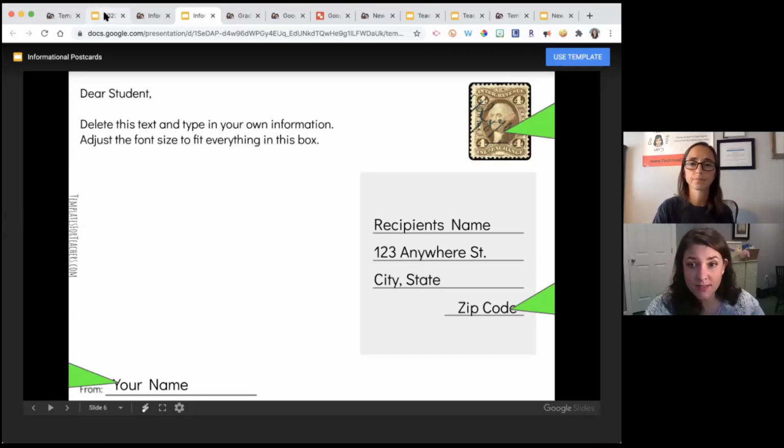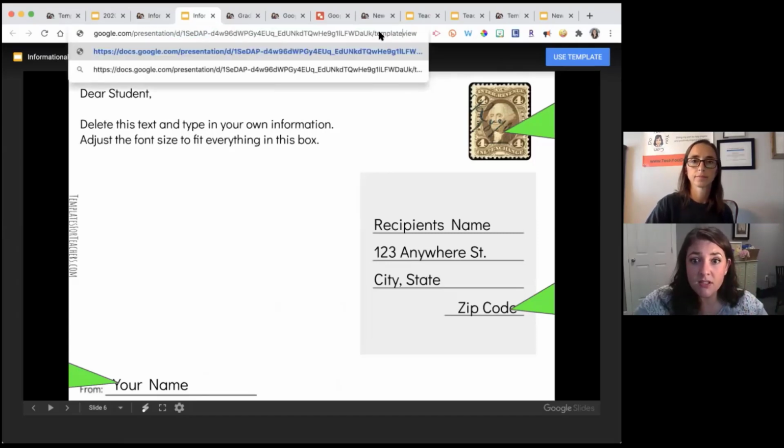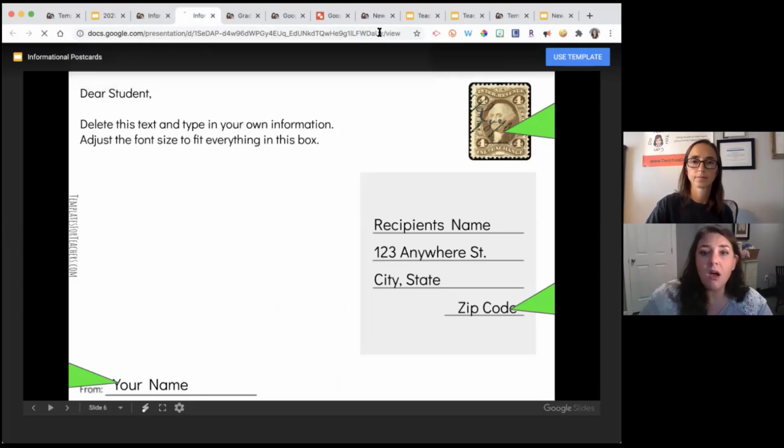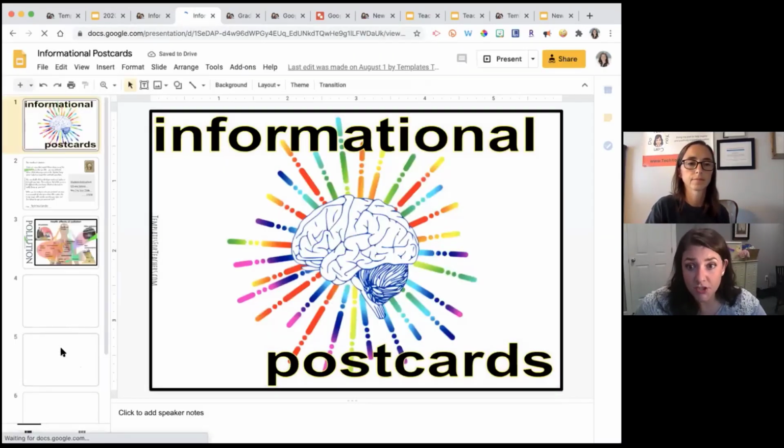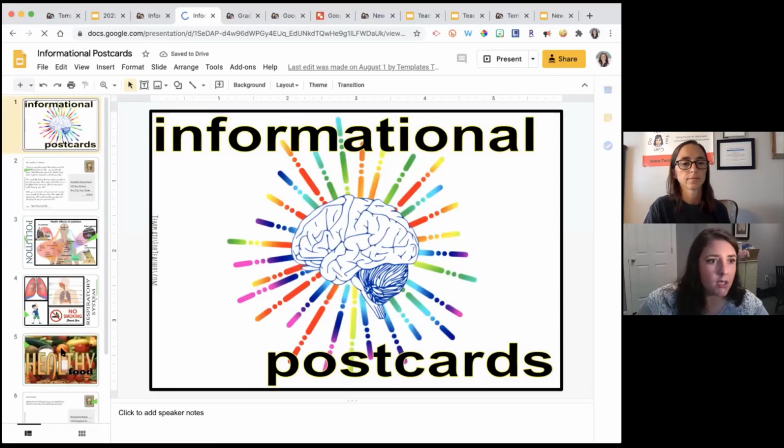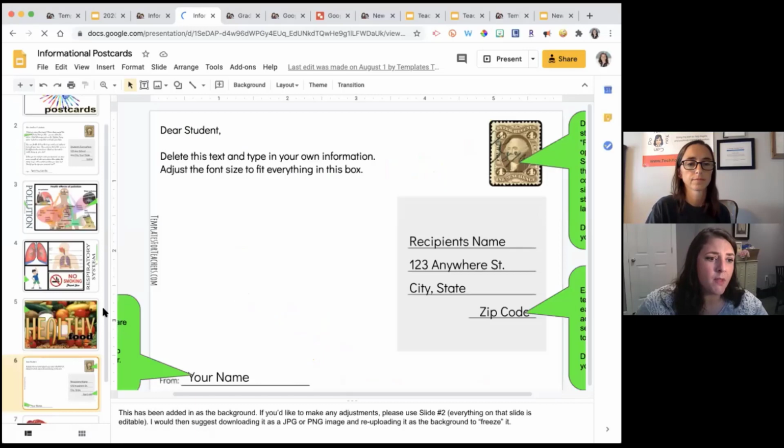What else is really great about our templates? You can see on the screen that's in front of you, or was, some of them, there you can see those little green arrows that are coming off. All of those are dialogue boxes. And so what we've done on a lot of our templates is that's where we put the instructions that the students can use, or even you can use, on how to actually use the postcards and what to change and how to change things. So yeah, Sarah, if you want to click on like that 3rd or 4th slide,